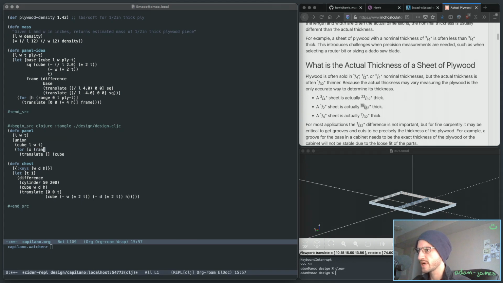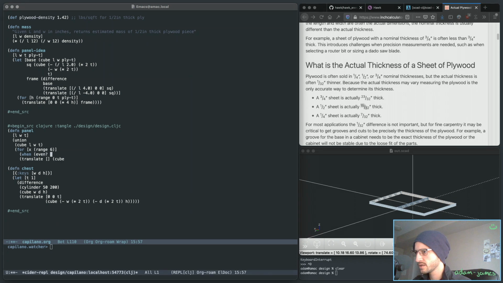We'll do range 0 to 6. Can just do 6 starting at 0 is fine. And I want to translate a cube when x is